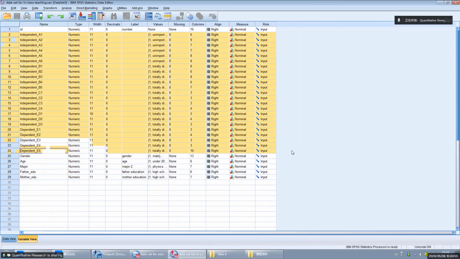But afterwards, we are mainly using variables for the data analysis. We're not using the atoms. For example, next we are going to talk about